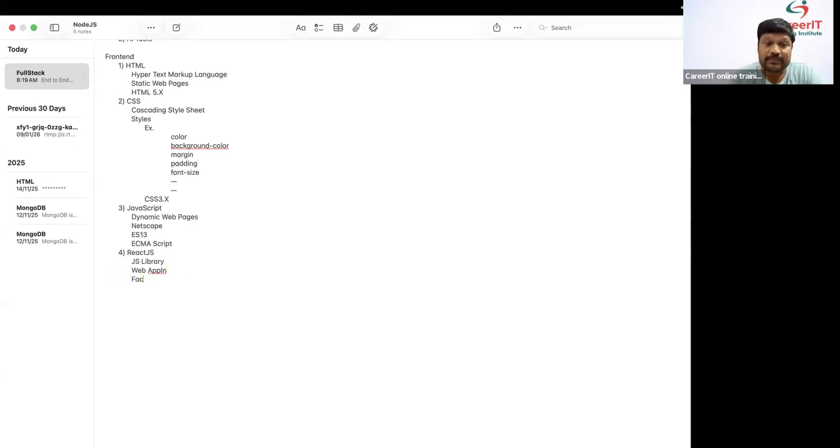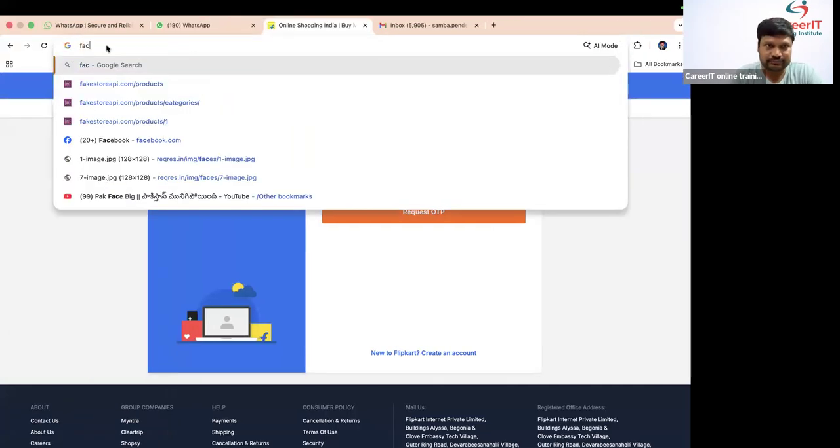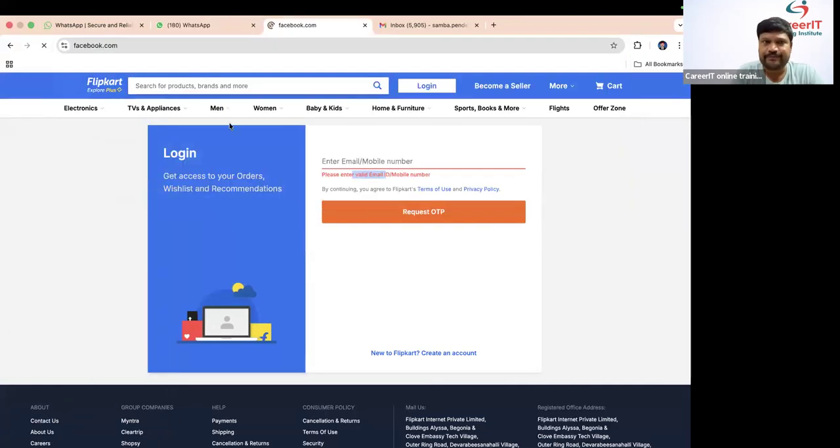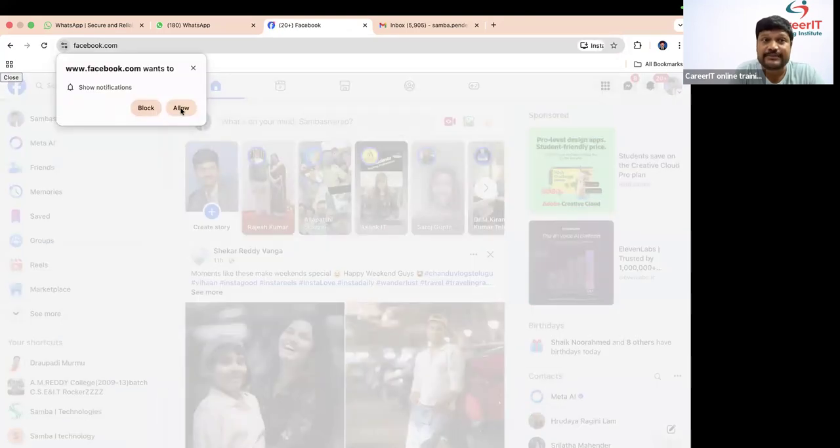Now, which company released it? Facebook. React.js was released by Facebook. And what is the latest version? The latest version is 19.x. For example, here we have Facebook.